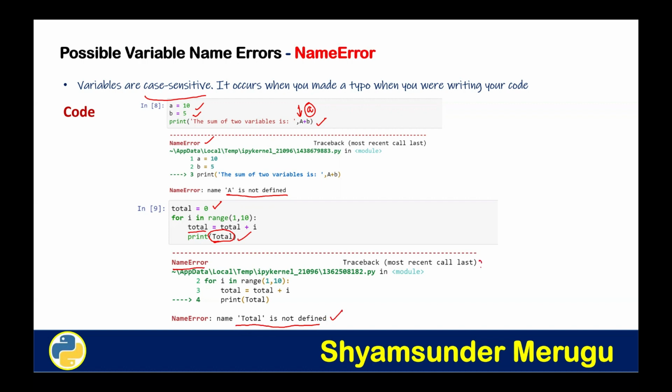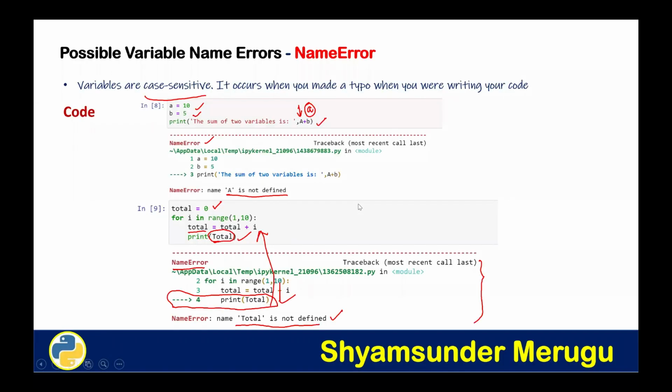So whenever you look at the error, it gives us beautiful information about where exactly the error has occurred. So like this, it points where exactly that error occurred. So immediately you can go to that error. You can have a look at that. So this capital T Total is not defined. So you go to your program and verify that and make the necessary changes so that we can get the expected output, right? So these are the various possible errors that may occur with variable names. Now we will try to see the